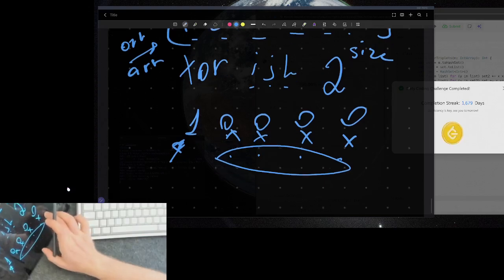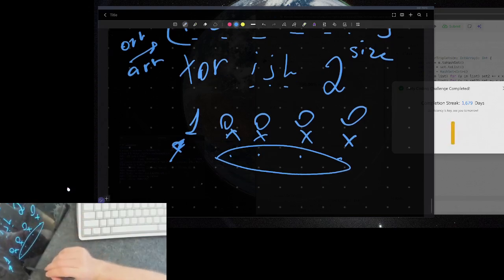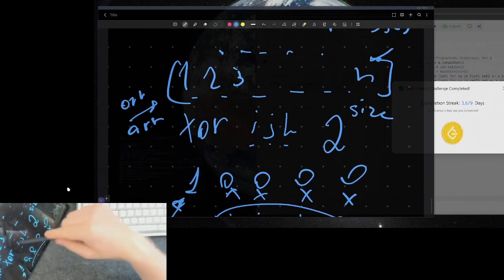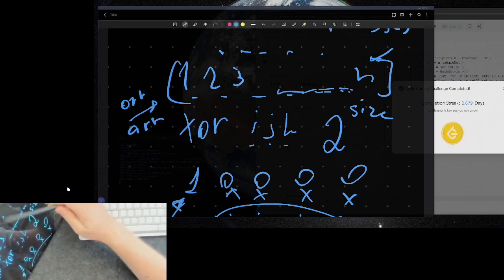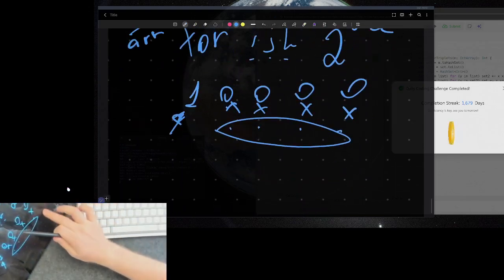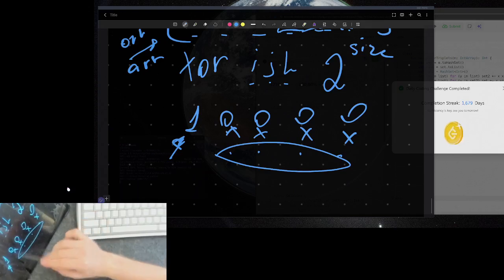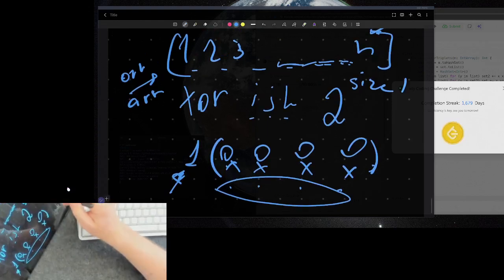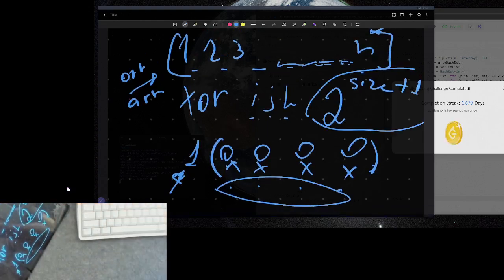Basically we have the entire sequence of numbers themselves, plus we have the next bit of the tail, so it is size plus 1. This is the number of XORs,